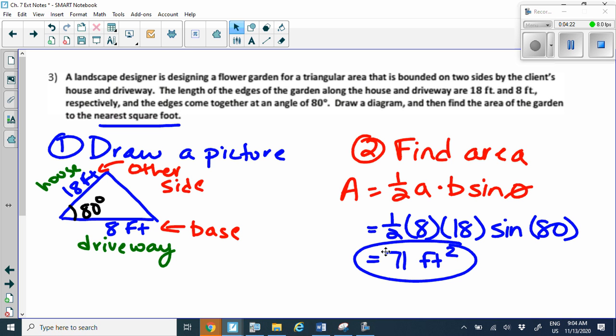Okay, so make sure you work on the homework assignment. Don't forget, make sure you just use this formula. So 1/2 A times B times sine of theta. Basically what this is saying is A is one of your sides, so you multiply the other side, multiply that by 1/2, and then sine, and then your theta, that weird little symbol there, that's your angle measurement they give to you,